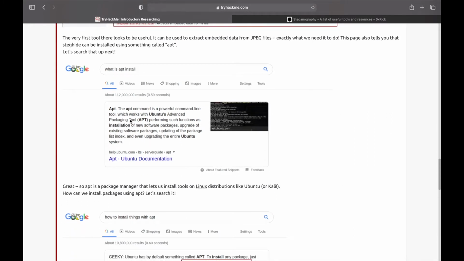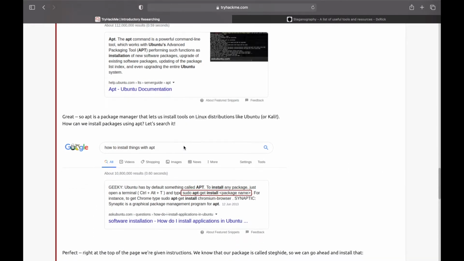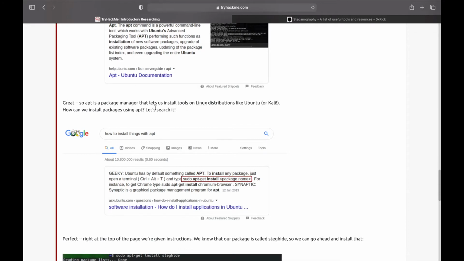Generally, if you see here, they have searched it, and it's an advanced packaging tool. So we can perform actions like installation of new software packages or upgrades. So apt is a package manager that lets you install tools on Linux distributions like Ubuntu or Kali.